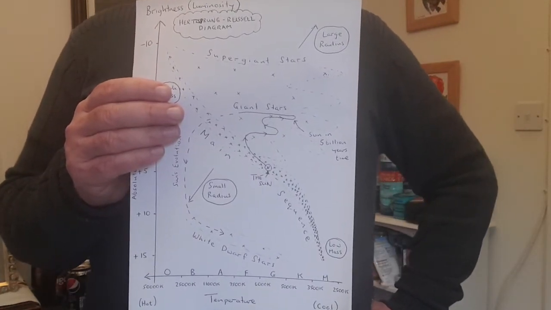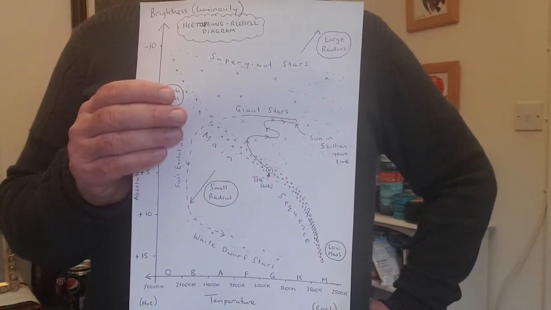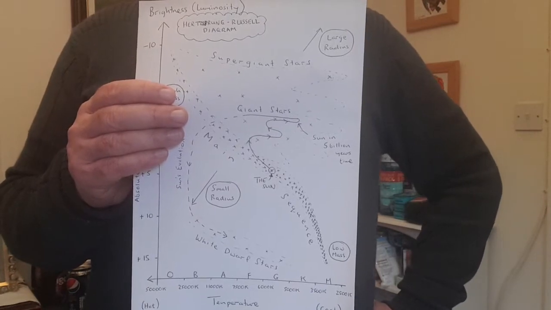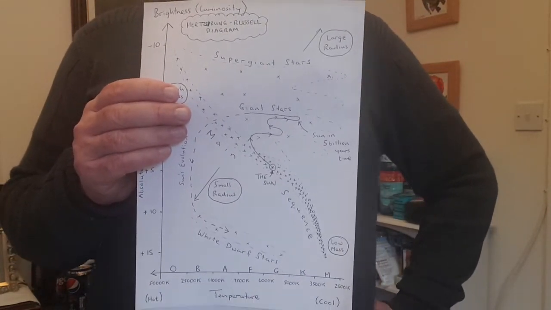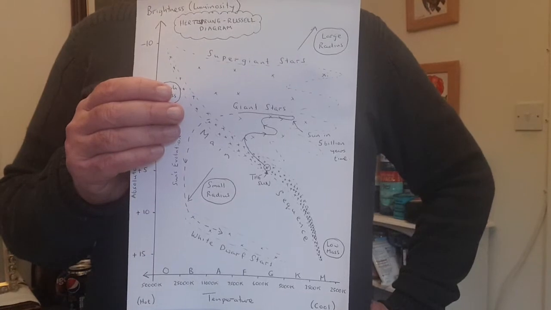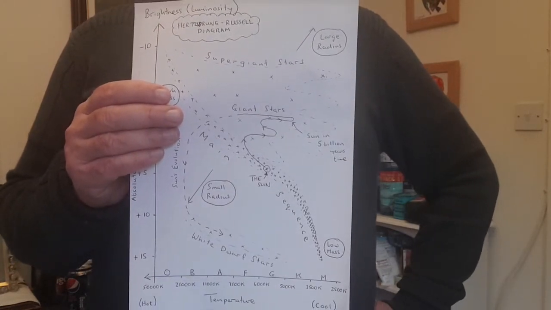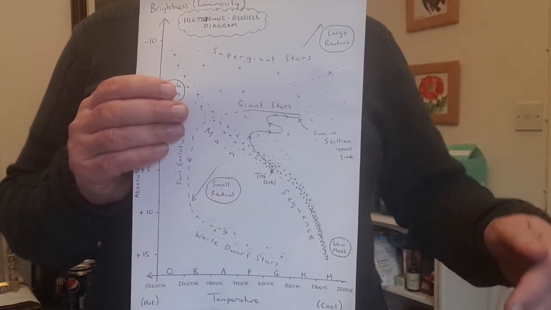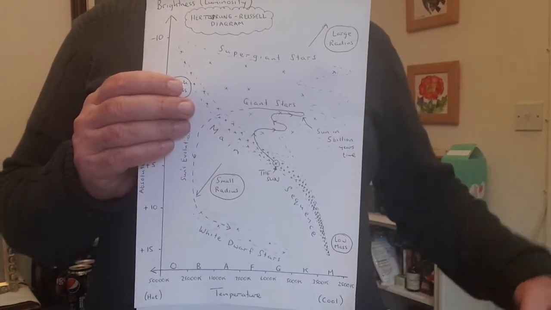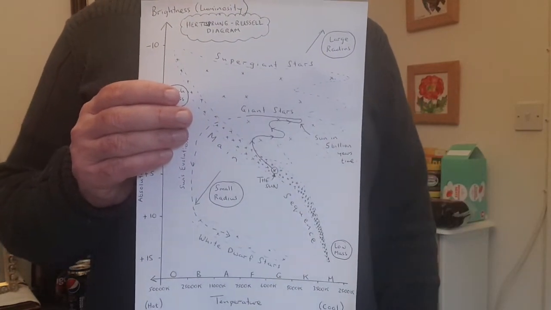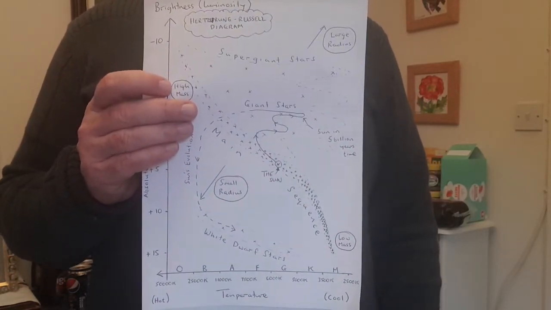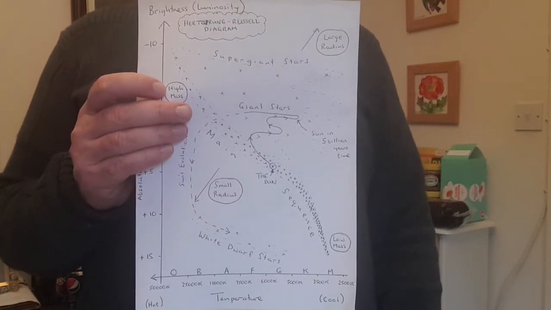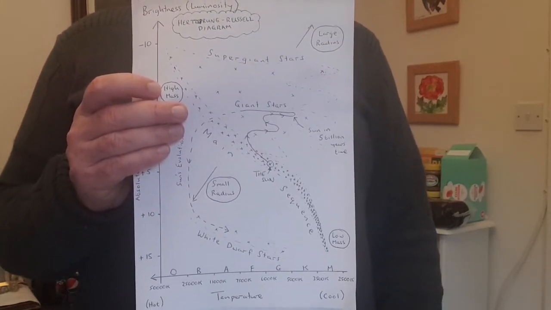So you keep going through a sequence of the core stopping fusion because it's running out of its fuel, collapsing, getting hotter and denser, and then switching on the next fusion reaction. And it'll produce shells in the core of gradually heavier and heavier elements. So the heavier elements are towards the middle of the core. Now, the problem with this is it can't go on forever because eventually you get to producing the element of